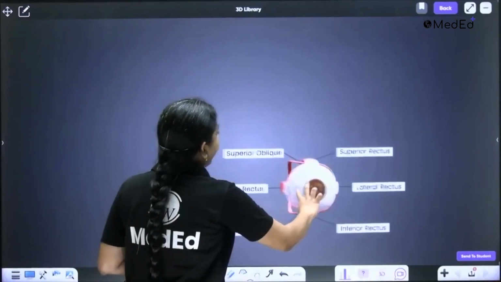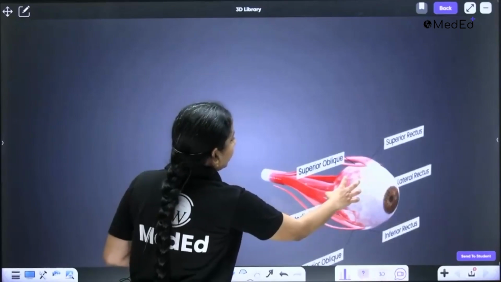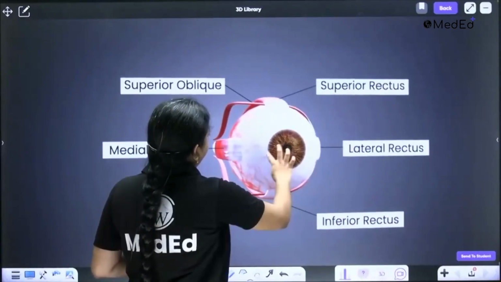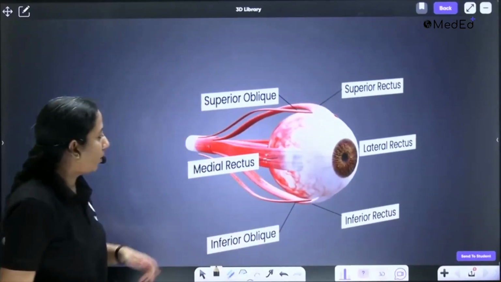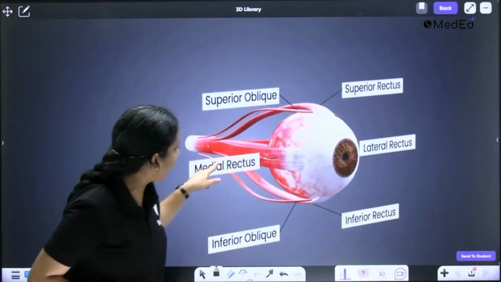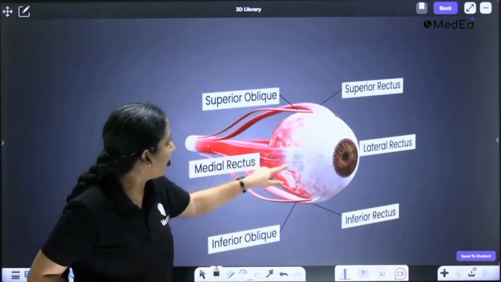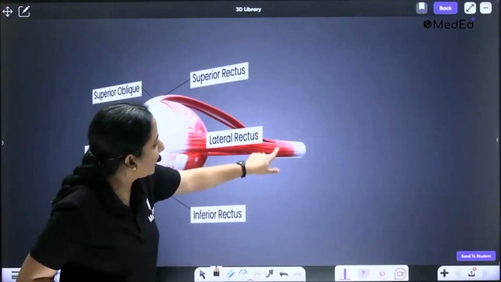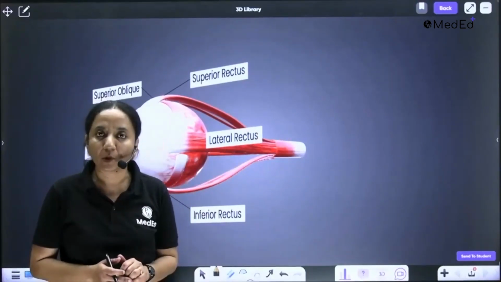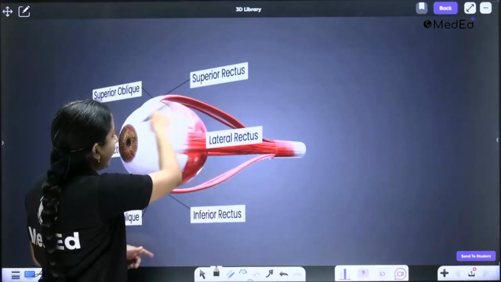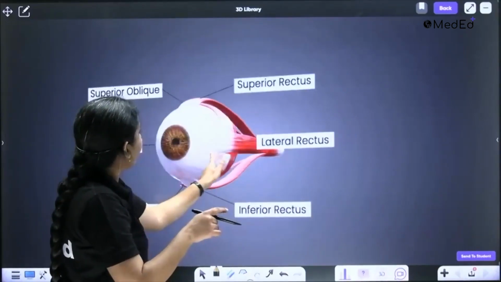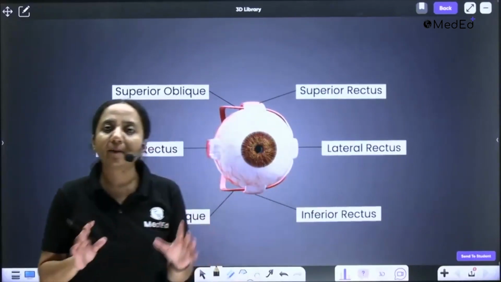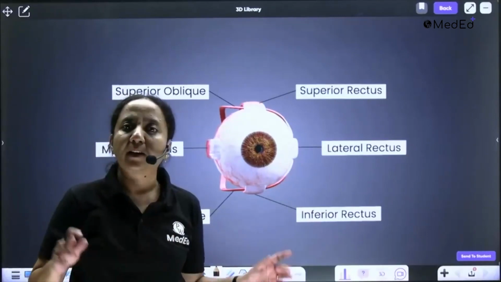So if you look at the rectus muscles, let us just revise this once more by looking at the cone. See the four rectus muscles. You have superior rectus, you have inferior rectus, you have this medial rectus, and on the other side you have this lateral rectus. They are all arising from this tendinous ring which is at the apex of the orbit, that is your annulus of Zinn. They are all coming forward, and where are they getting inserted? If you look at them from the front, see they have got inserted into the sclera at different distances from the limbus, forming the spiral of Tillaux.